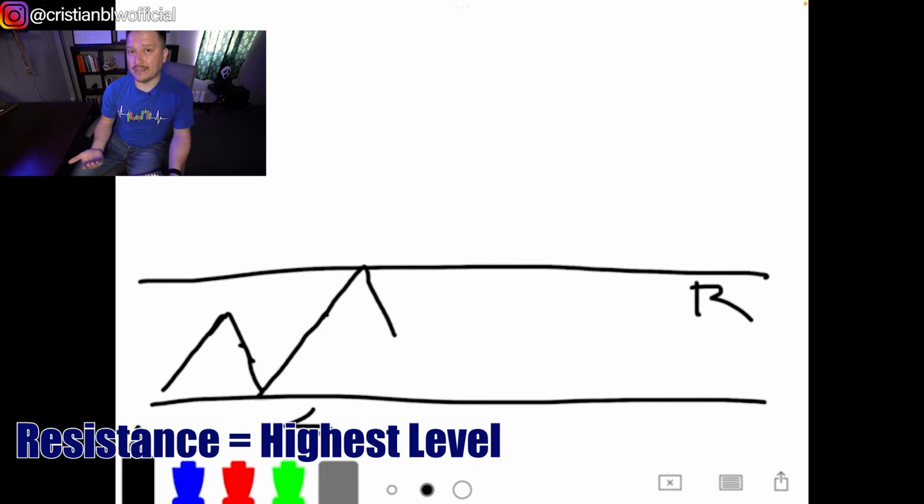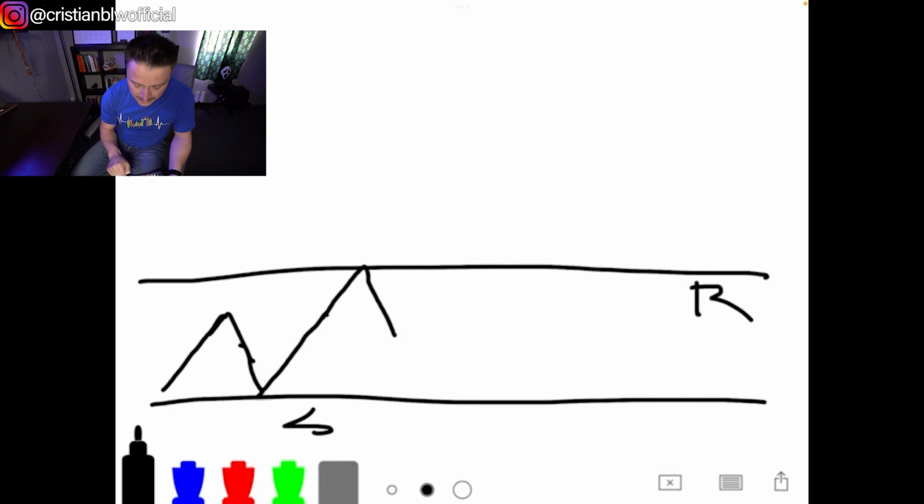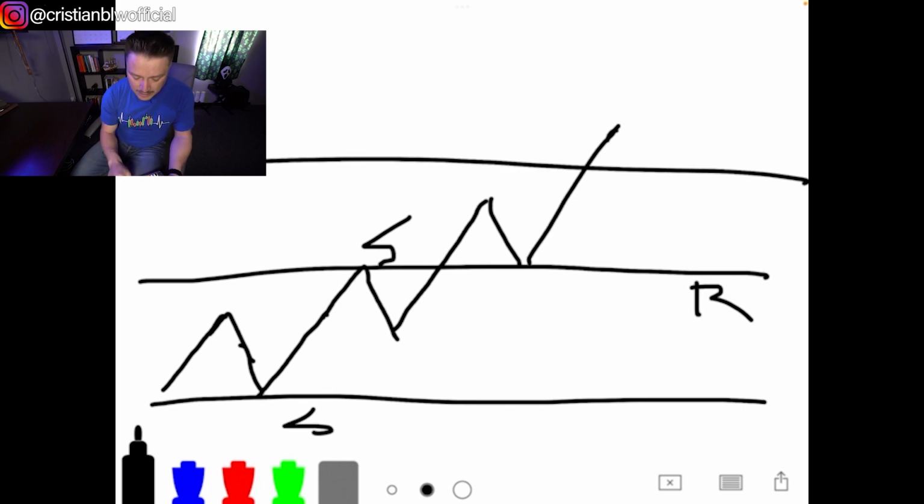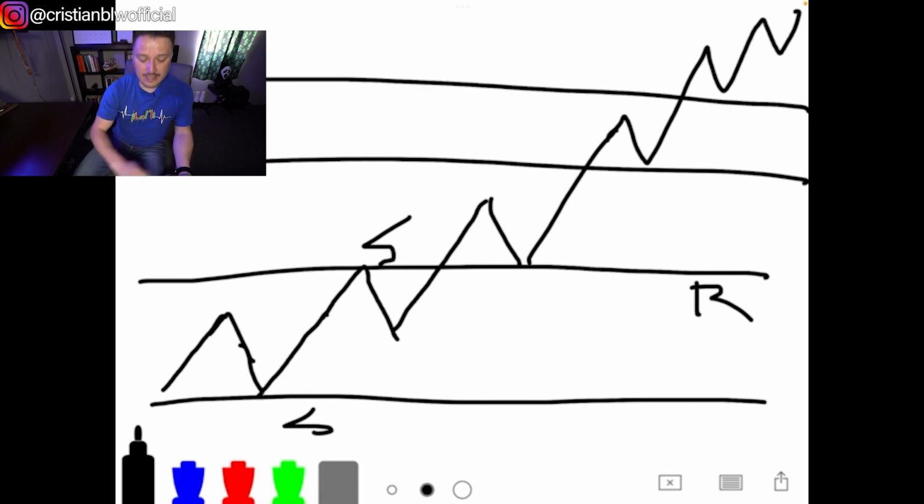But what happens when we have an uptrend? When we have an uptrend, this resistance most of the time gets broken, which means the price continues to go in the opposite direction. And now this, which was a resistance, becomes a support line. So the price can return to this level, but since it's now a support, it's going to keep on jumping. And this can happen many times in the market, just like this. And this is considered an uptrend, okay?